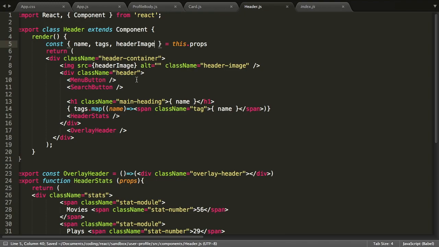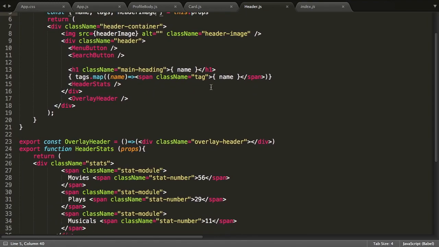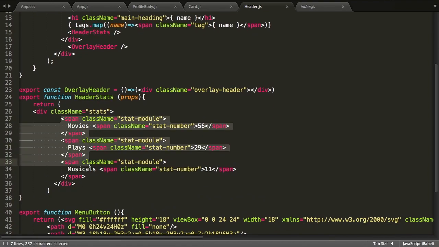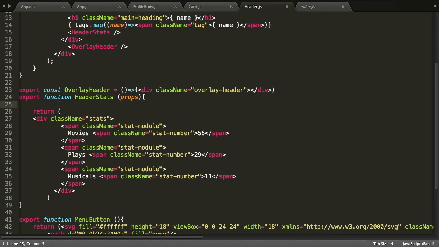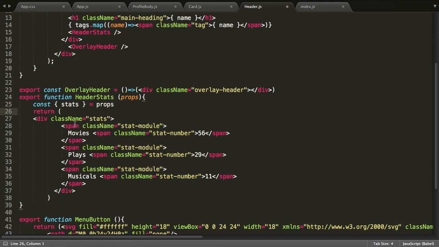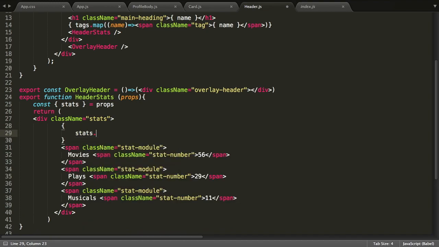And then the menu button is fine, search button is fine, and tags is also fine. Header stats, that probably is going to be something that needs props. Yep, look at that, there's our header stats. So we're going to get our stats from the props right there. So we say const stats, and from our props, then we're going to go ahead and loop through our stats, or map through our stats. So we can say stats.map, and that's going to take a function, and it's going to return,